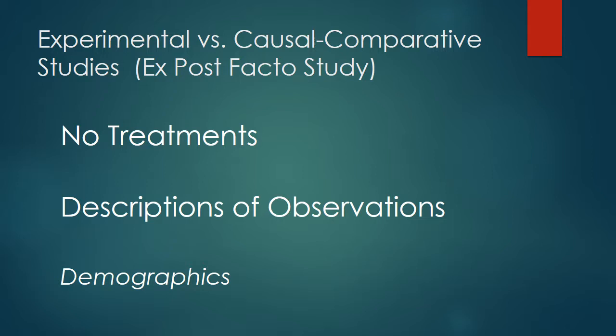So, for instance, let's say I was interested in considering whether legalization of marijuana leads to increases in children who are testing positive for exposure to marijuana. Now, clearly, that is not an experiment that I would set up with a control and experimental group because it would be unethical. But I could take a jurisdiction like the District of Columbia, like Colorado, or several other jurisdictions